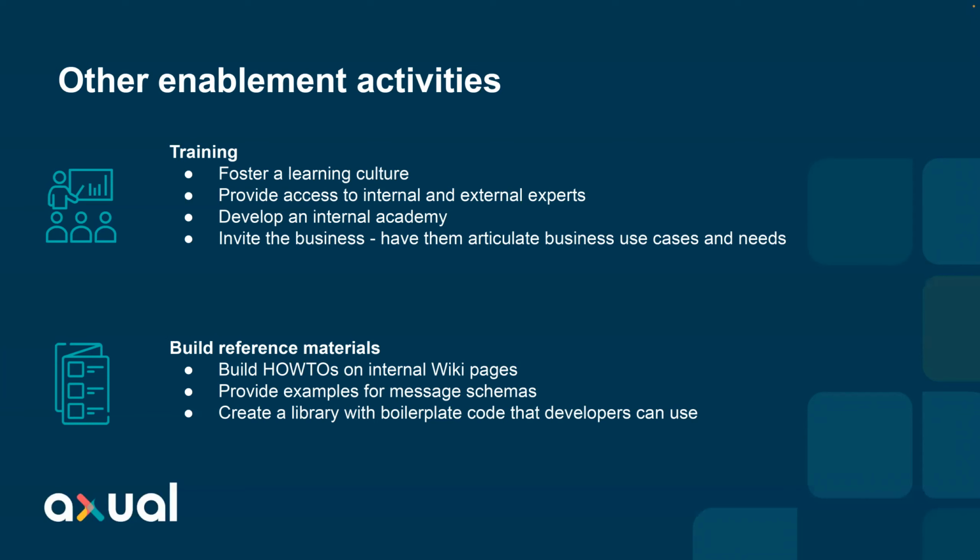So the best way to learn from these mistakes is to also provide access to internal and external experts, so that these reviews can take place, messaging schemas are reviewed, designs are reviewed, and by discussing the steps taken and what steps could be taken differently, people can really learn a lot. Optionally, if you have the resources, you can set up some sort of an internal academy where you have standardized courses for teams that want to onboard, for sharing experiences.